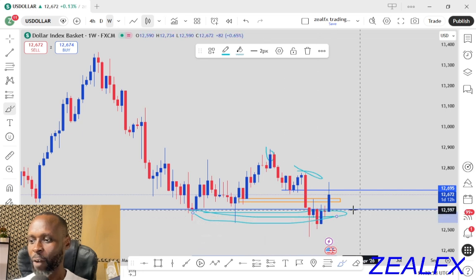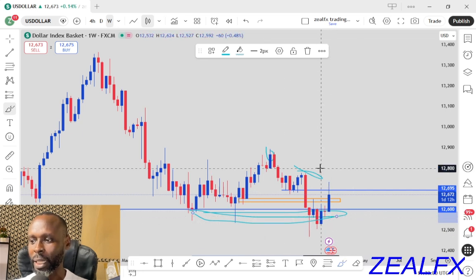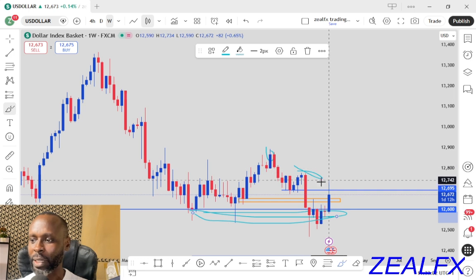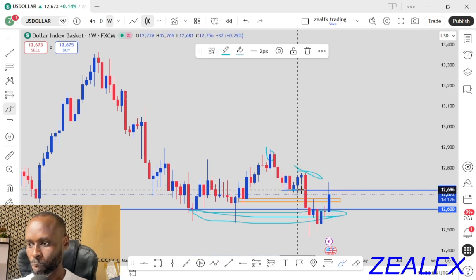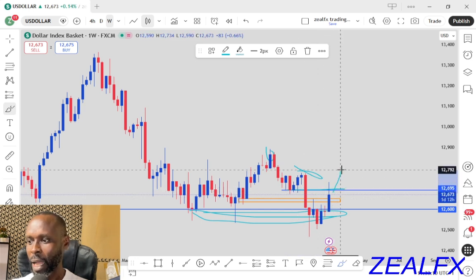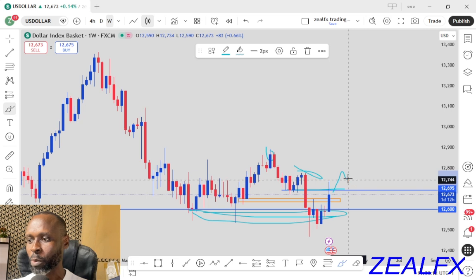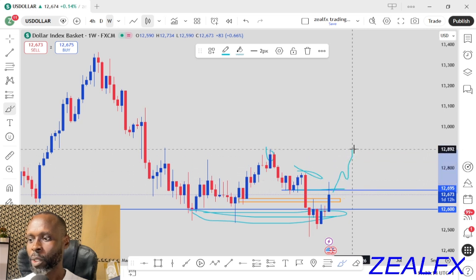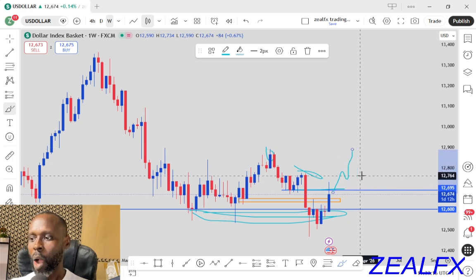So long as we still have price on this support level on the dollar index, this is a sign of price reversal to this next previous support level, and a break of price above this previous support level. This might trigger more bullish momentum for the dollar index to the top. And once the dollar index is strong and still pushing higher, this is an indication that the dollar is truly